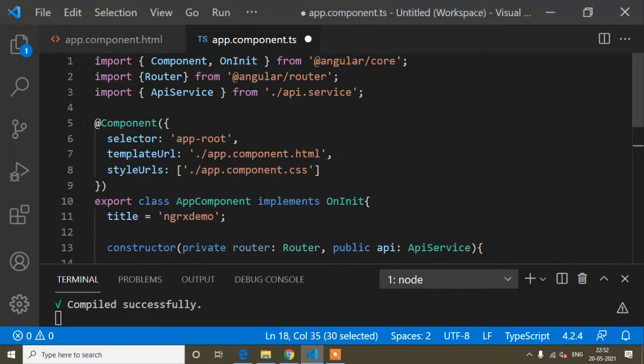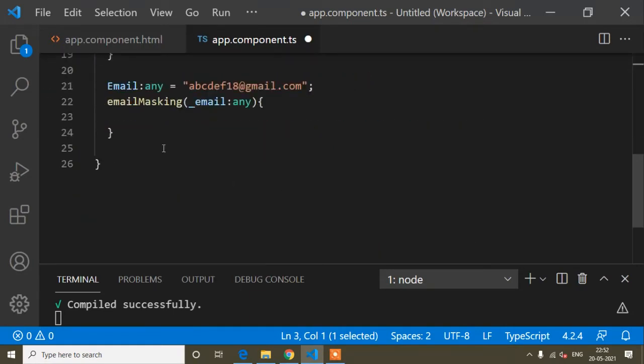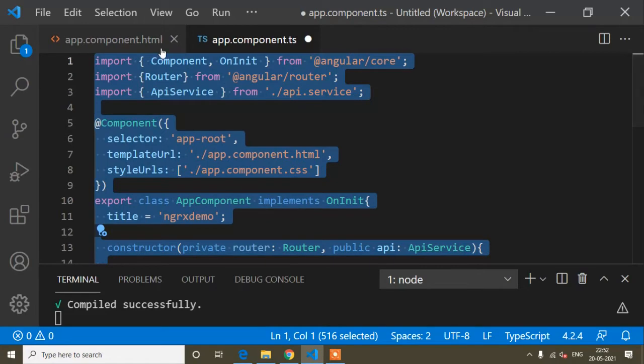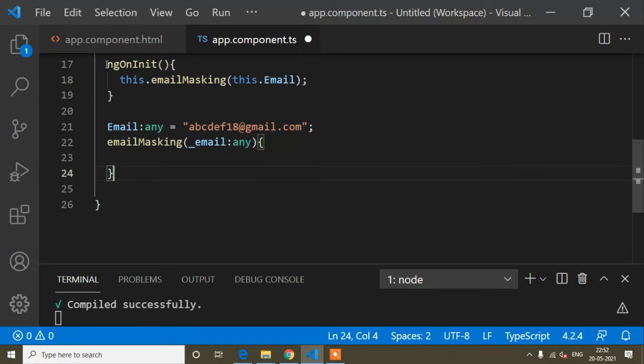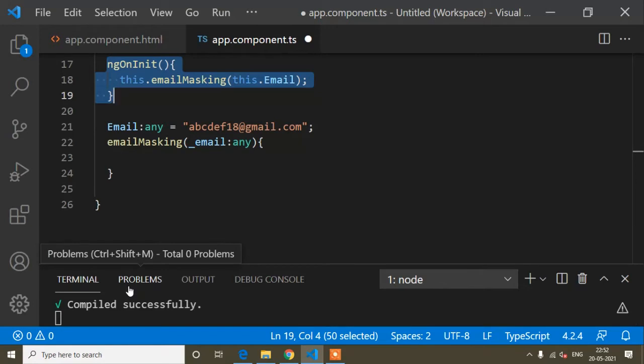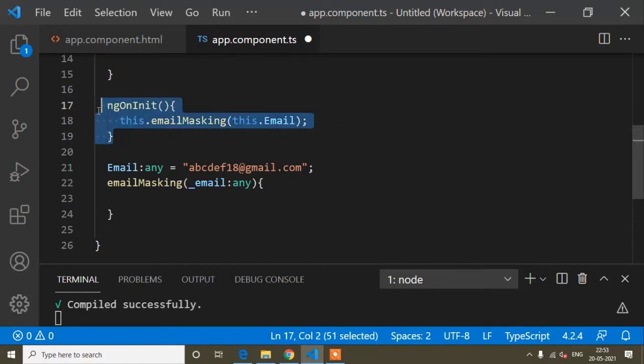First of all it will start to read all the code line by line. After completely reading all the code in the app.component.ts, app.component.html and app.component.css files, then the ngOnInit method is called. If you know JavaScript or jQuery, you will know that we call document.ready or window.onload when our page starts to load, if we want to call any method at that time.